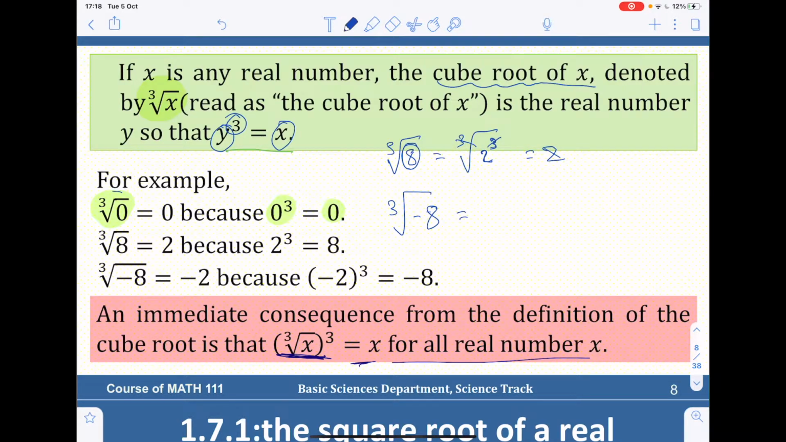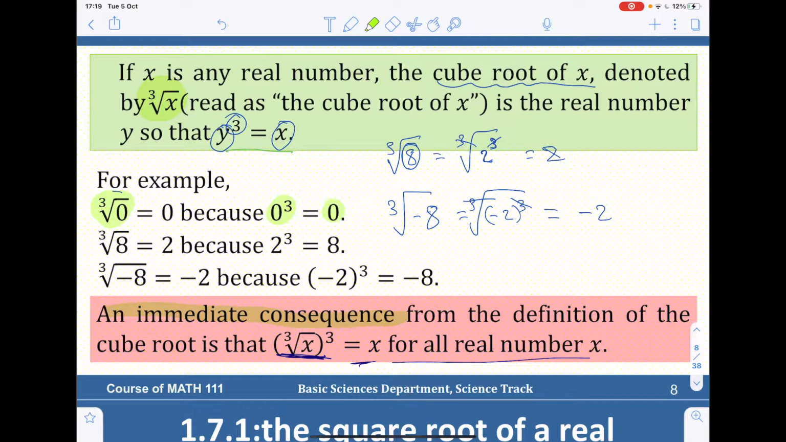So we can write 8 also here as 2 to the power 3, so negative 8 is negative 2 to the power 3. Because you know in the odd power, the negative will remain. So this means that the power would cancel the root and we're left with negative 2. So in general, as you can see,